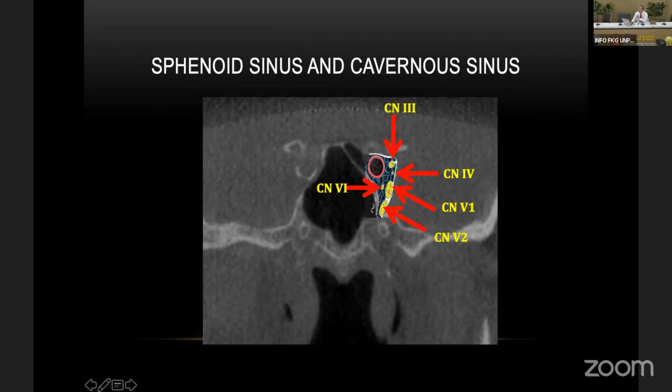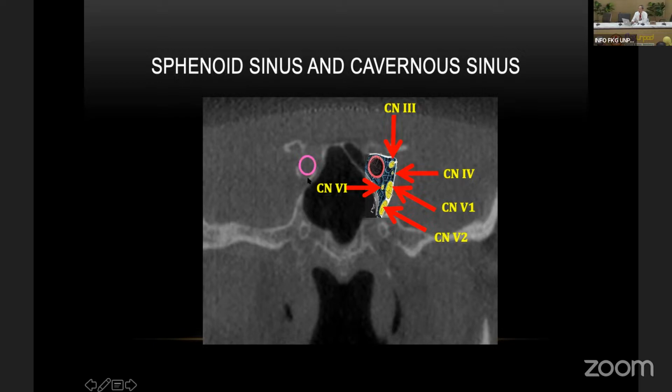Now, one thing in the cavernous sinus we need to recognize on the cone beam is the carotid artery. The carotid artery also goes through that cavernous sinus, and normally it's fine, but sometimes the artery can be calcified, like this one. This is a carotid calcification in the skull base.